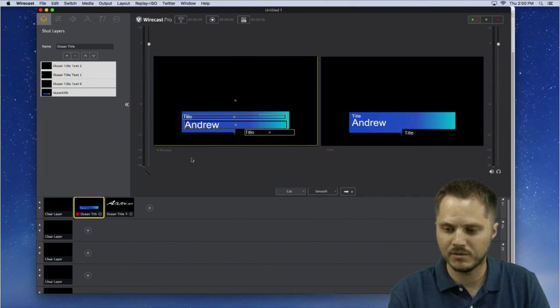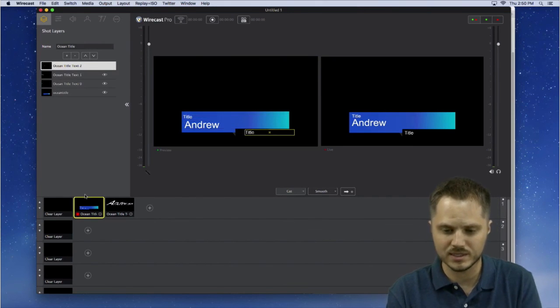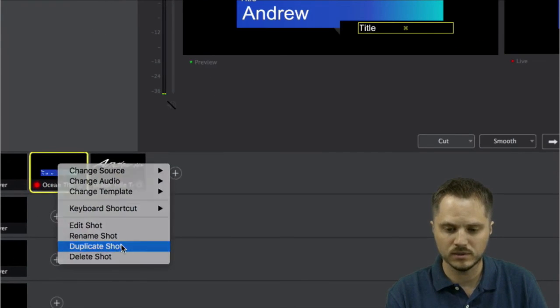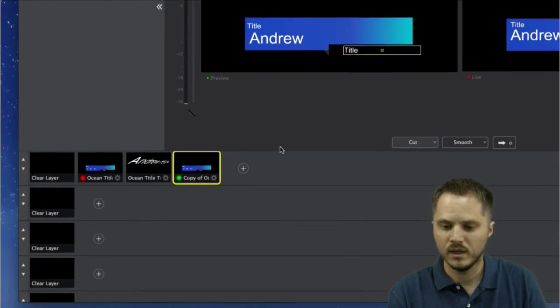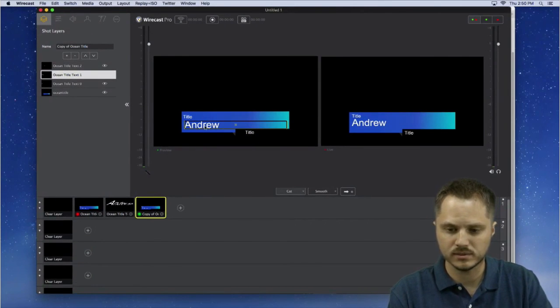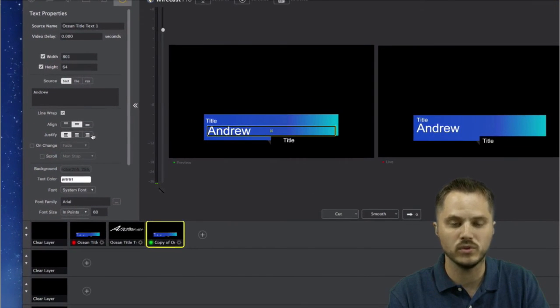And so if you have the 2 titles here and you want to use the same settings and style, and you hit the duplicate option down here, then normally in Wirecast 6, you would go in and you'd start editing the content, right? You'd start changing it. But because this duplicate you're now in this tab, and this tab is a global settings tab. So you're actually editing the same box.